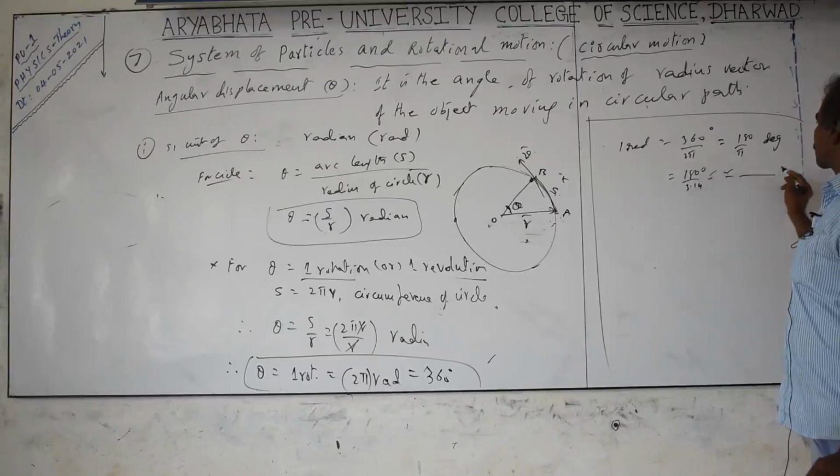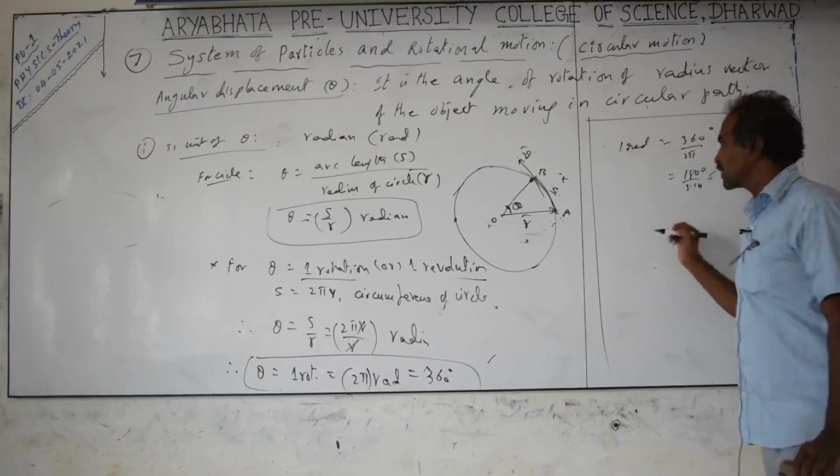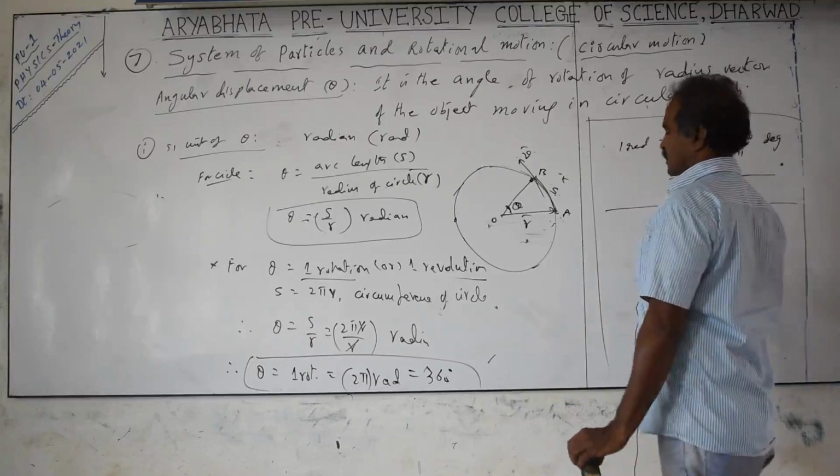Degrees, approximately dash degrees you take. 57 degrees something you will get, you check up that. Next is 1 degree equal to